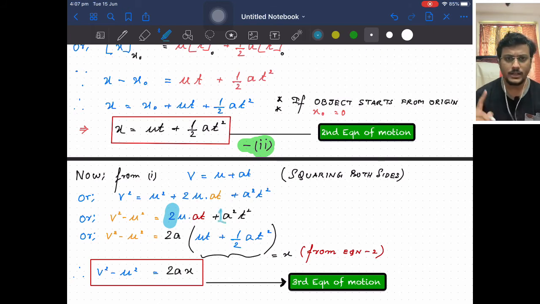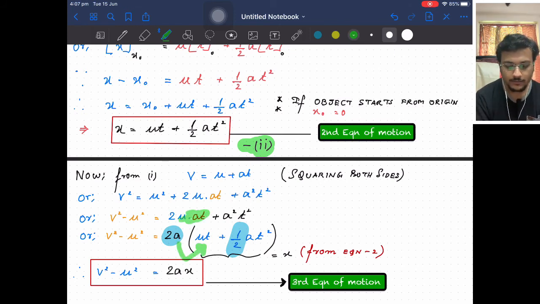So when we take 2 from here, then we have to adjust it by dividing it by 2. So that's why you can see that when I have taken 2a common, in the next step I have written 1 by 2 here. Now just in order to understand if the calculation is correct, you can go back and calculate it again. Check it out. 2a into ut will give us 2uat. So we are correct.